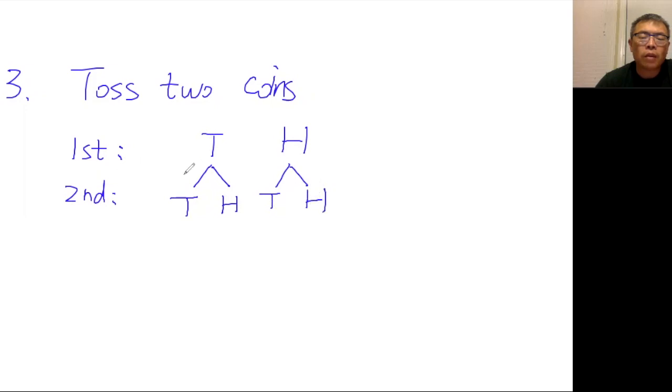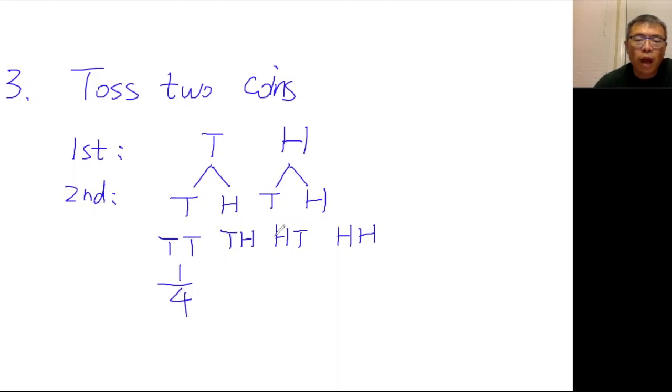So together, the result of the two tosses could be either tail-tail, or tail-head, or head-tail, or head-head. So you have four outcomes. Now we can calculate the probability of each one of these outcomes. Out of the four configurations, there's only one case where you get tail-tail, so it's one out of the four outcomes. So the probability of getting this is 1/4.